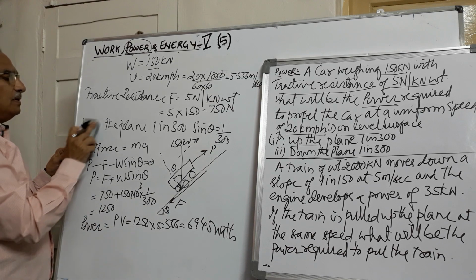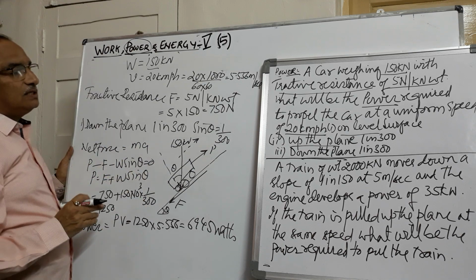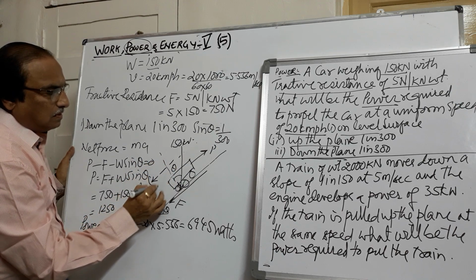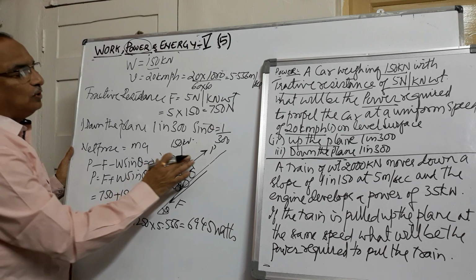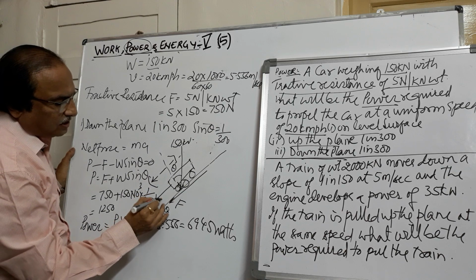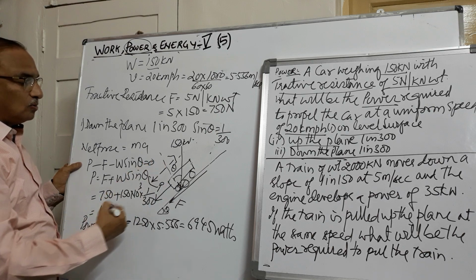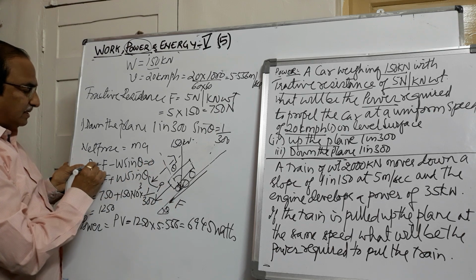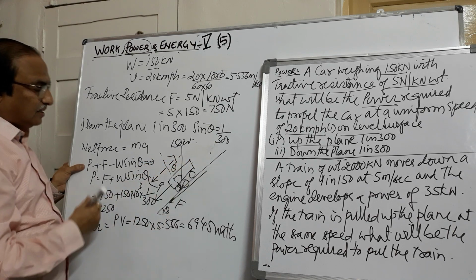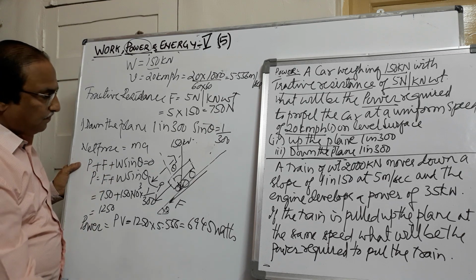So instead of up, let us see the difference. It is down the same plane with same resistance. Now this will be moving down. If P is the force required to move it down, so here let us go for net force. Net force, it is moving down. So it is P plus F, both are in the same direction, and this W, if I resolve parallel, it is going down and it is also towards left. So you get minus P plus F.